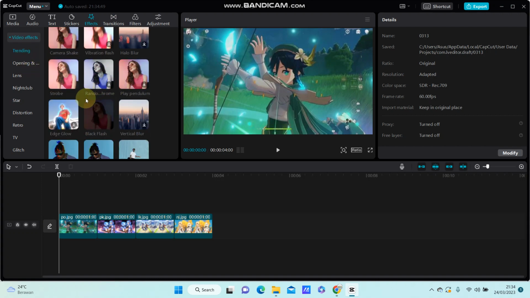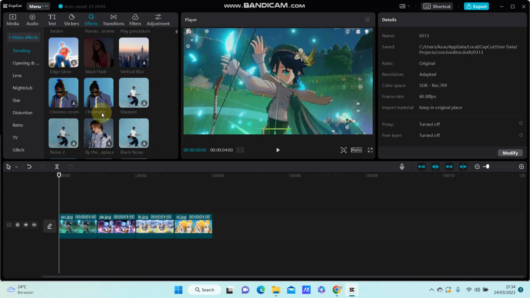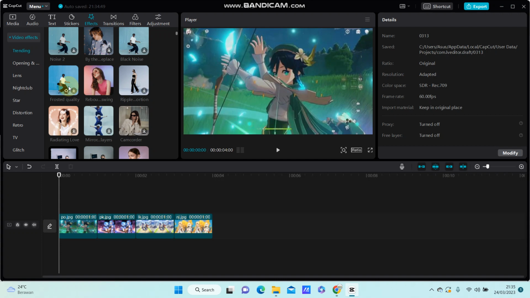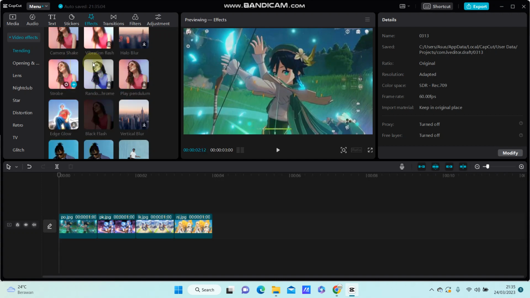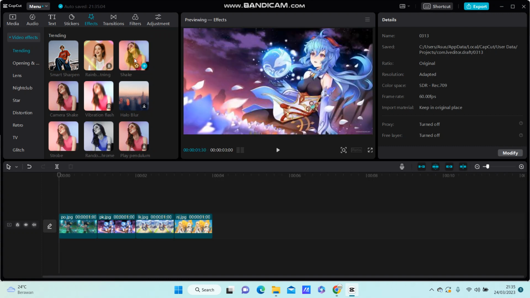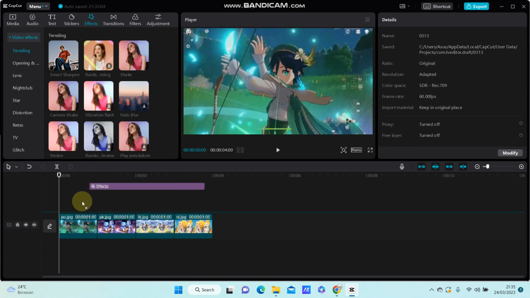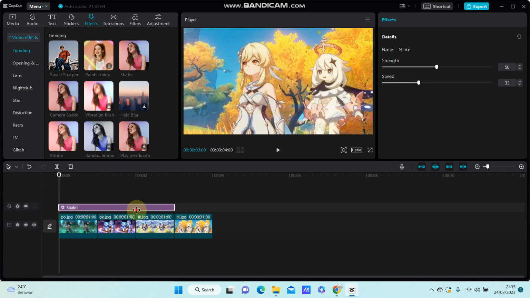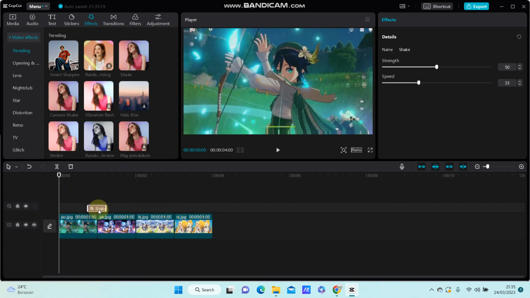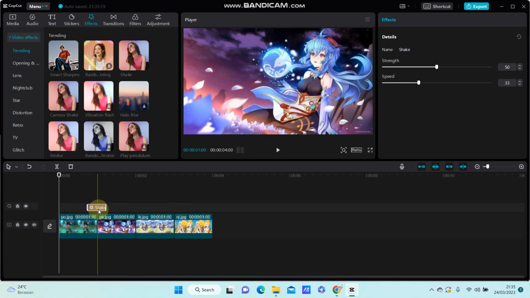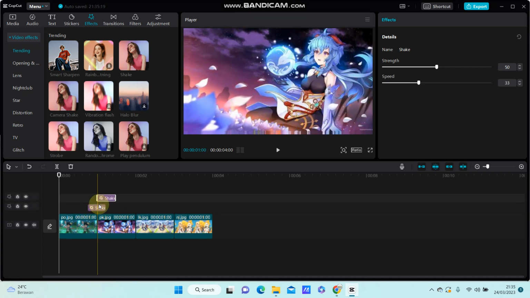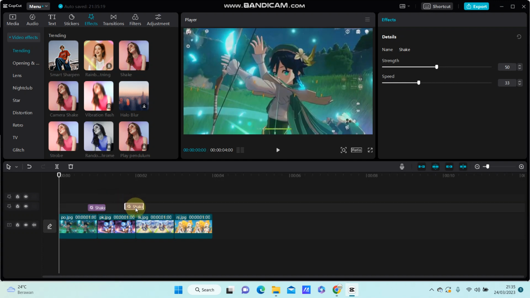For example, I'm going to select the shake transition and add the drag and make it shorter, and you can put on top between the clip like so. Copy paste and put on top another